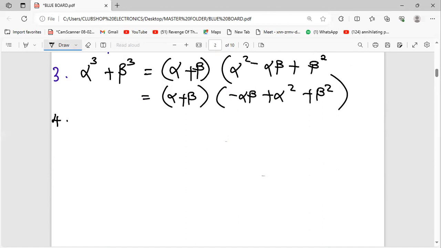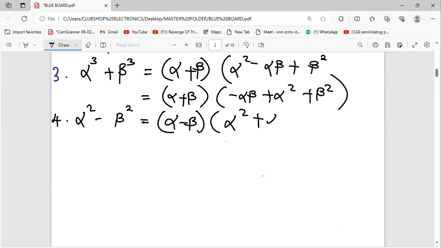Number 4, alpha squared minus beta squared. This will be alpha minus beta, open bracket, alpha squared plus alpha beta plus beta squared. Number 5, alpha squared minus